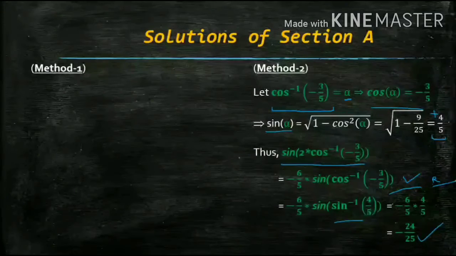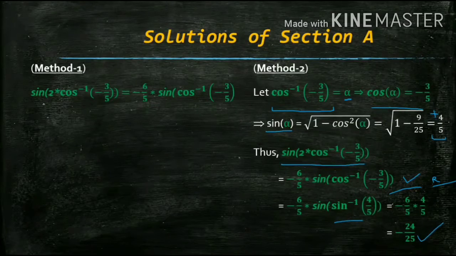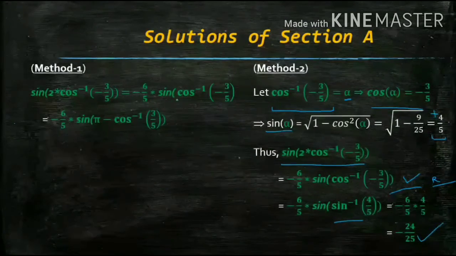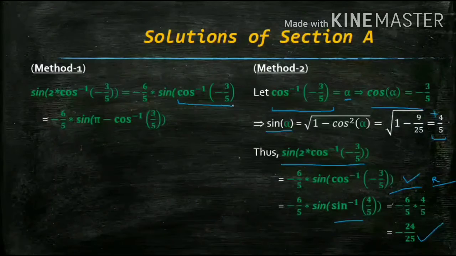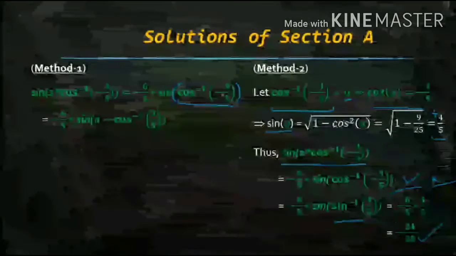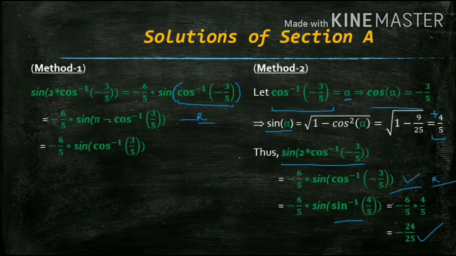Now comes method number 1. What you can do else. So you have shown up till this that this expression is nothing but this expression. Correct? What I'll do, I now use one property, that cos inverse of minus x is nothing but pi minus cos inverse x for x belongs to the closed interval minus 1, 1. Here you have to give that reasoning. Okay. So I use that reasoning.